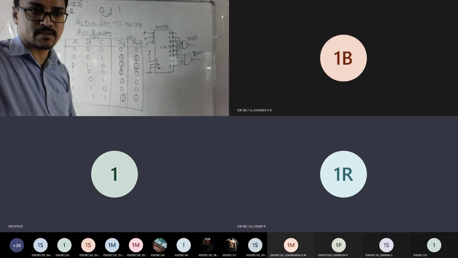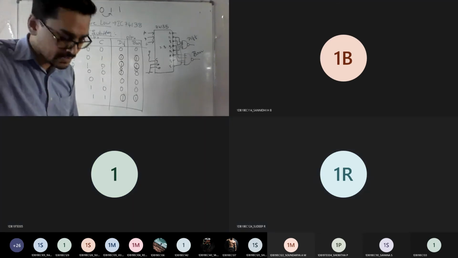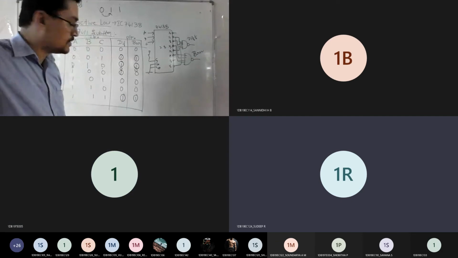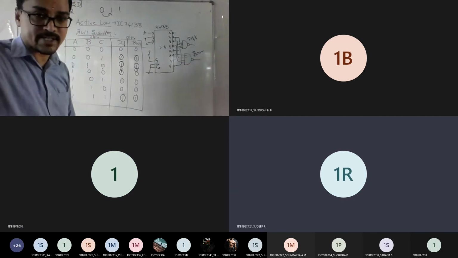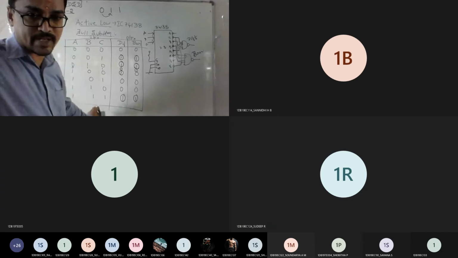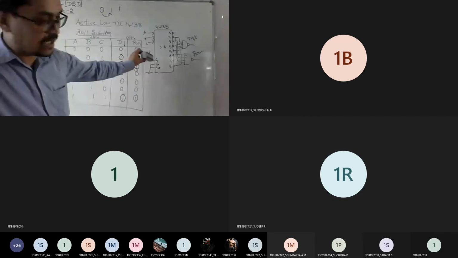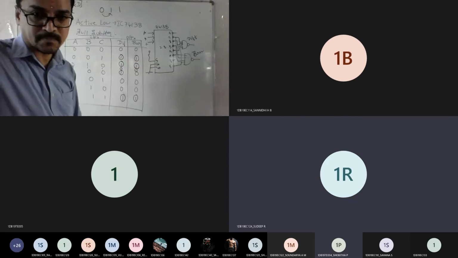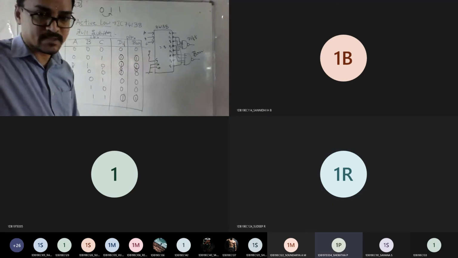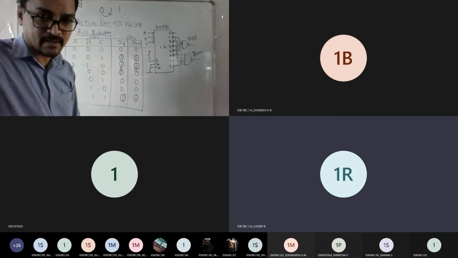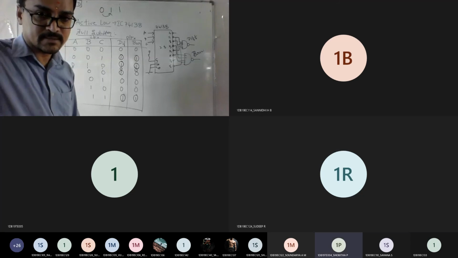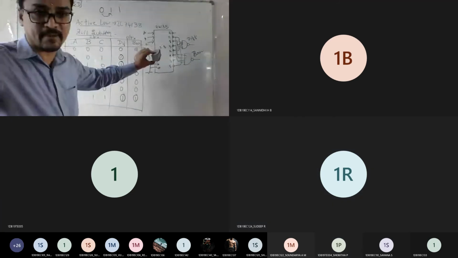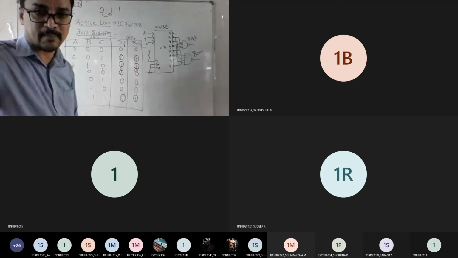Anyone have doubts? Sir, should we do it for active low also? Yes, we should do it for that also. So what is the change? The truth table won't change, right? The only change is the IC diagram. So in that, what should you do? No bubbles. And for the OR gate, apart from that, OR gate. Good, so that is the change. Don't make NAND gate again for active high also. Is that understood?